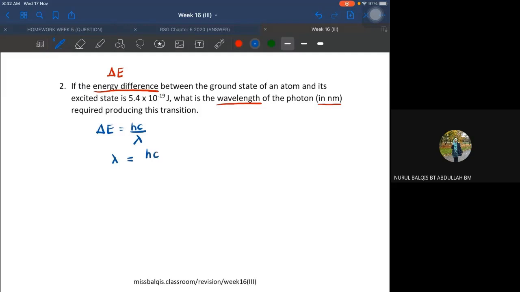So HC over delta E. Nanti awak akan dapat H awak adalah 6.6256 times 10 to the power of negative 34 times with 3 times 10 to the power of 8 is the speed of light divided by kita akan divide dengan 5.4 times 10 to the power of negative 19. So from here you will get